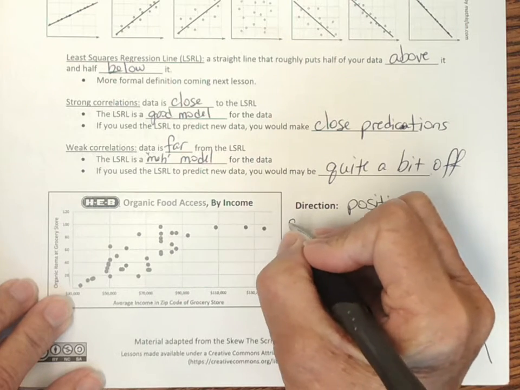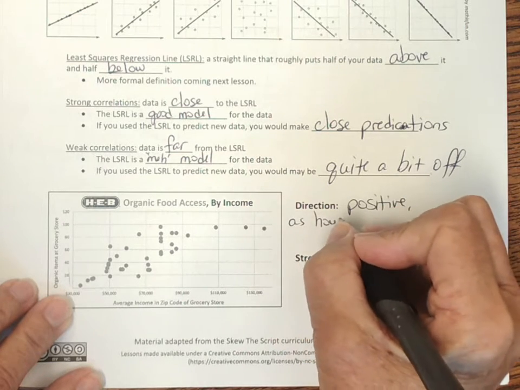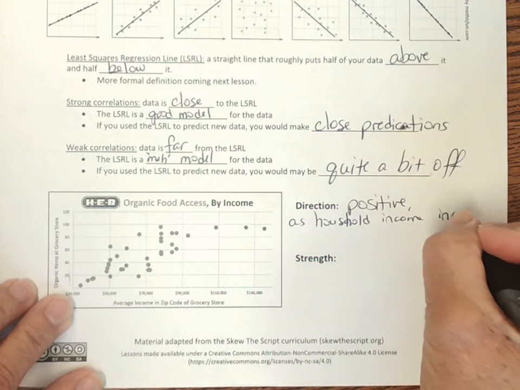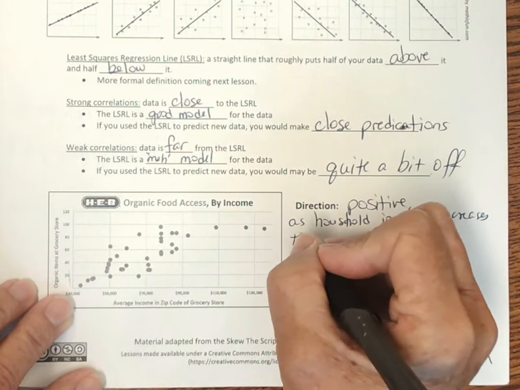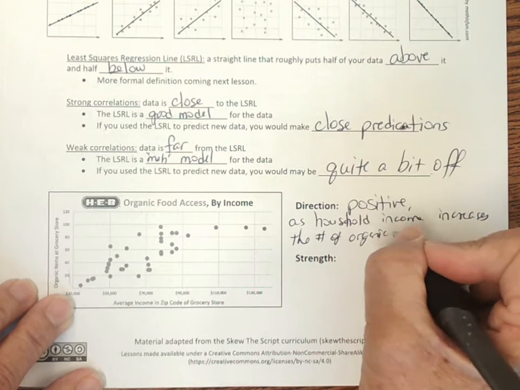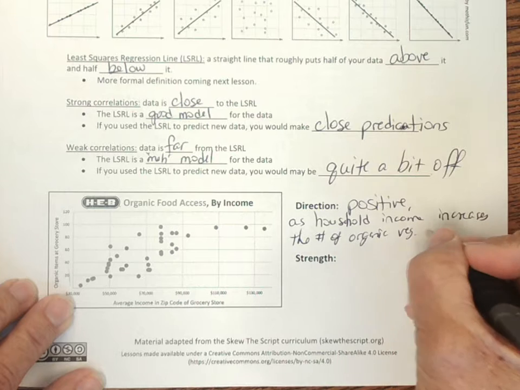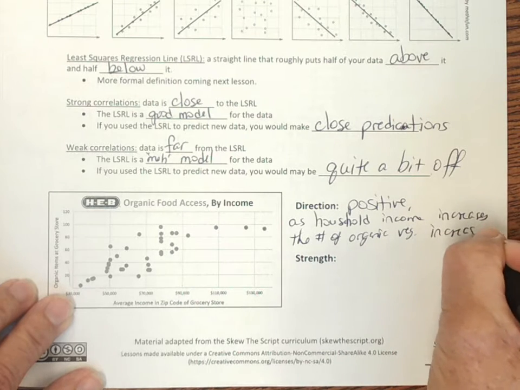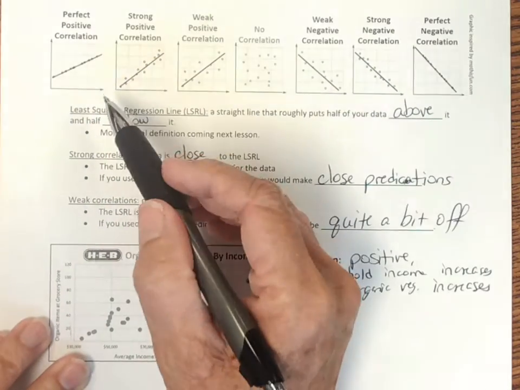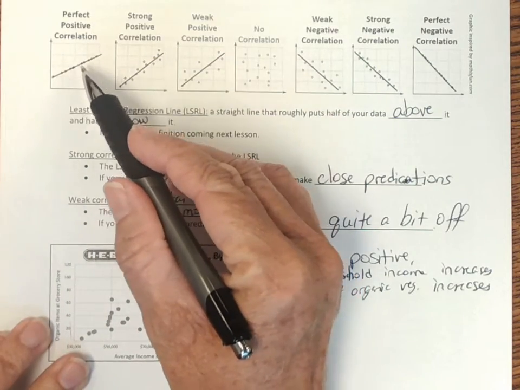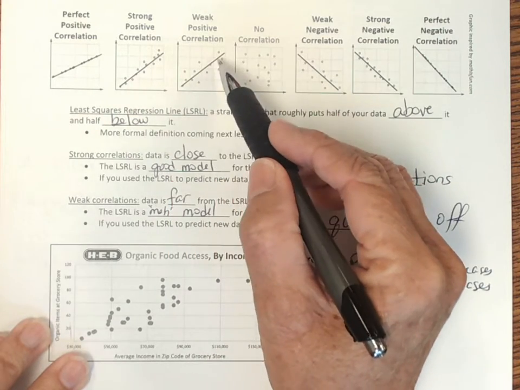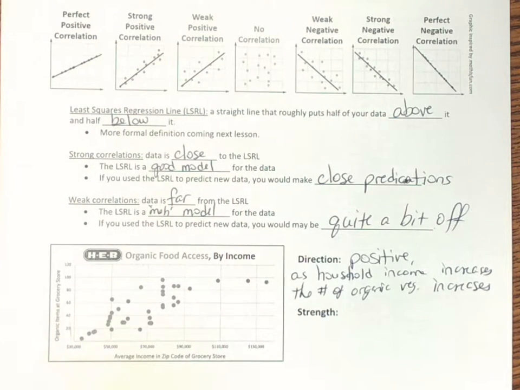In other words, as household income increases, the number of organic veggies increases also. In terms of the strength, if we look back up here, here's perfect positive, all the points are on a line, moderate to strong, and weak positive. If I were to try and draw a line in here,